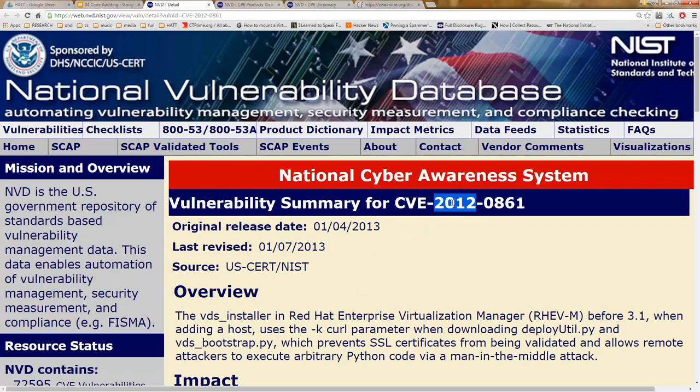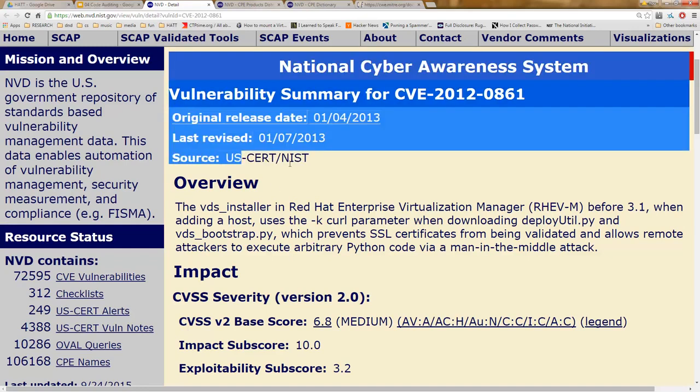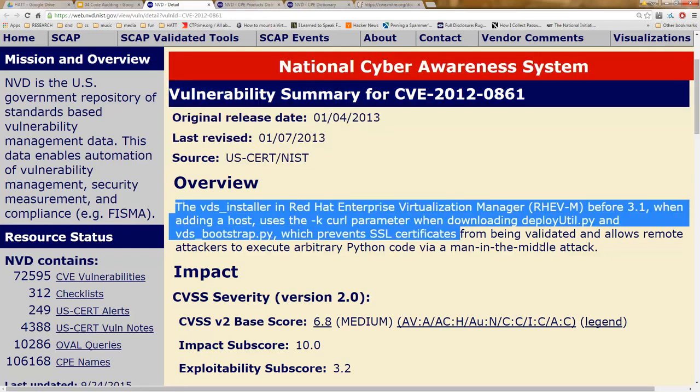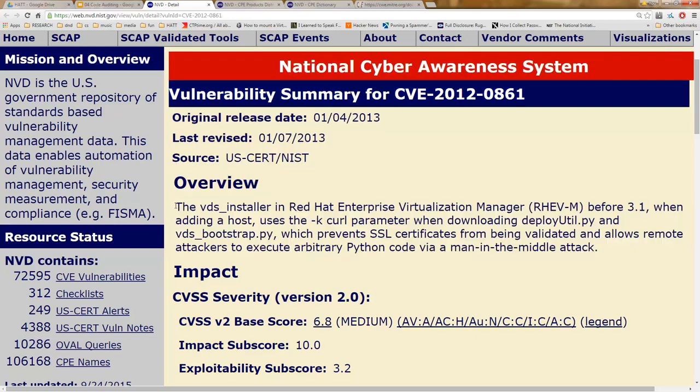organization. There's several organizations that collaborate to maintain this list. Both DHS, US CERT, and MITRE are some of them. There are others. I'm not aware of the entire list, but they all follow the same format. They cover the release dates and the source that it came from. Sometimes the source will give credits to the author who found the vulnerability or the person who reported it. And the overview covers a high-level description of the impact of the bug, the attack vector, and